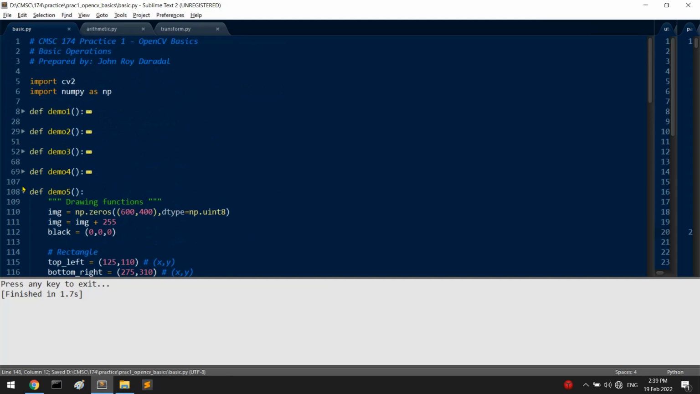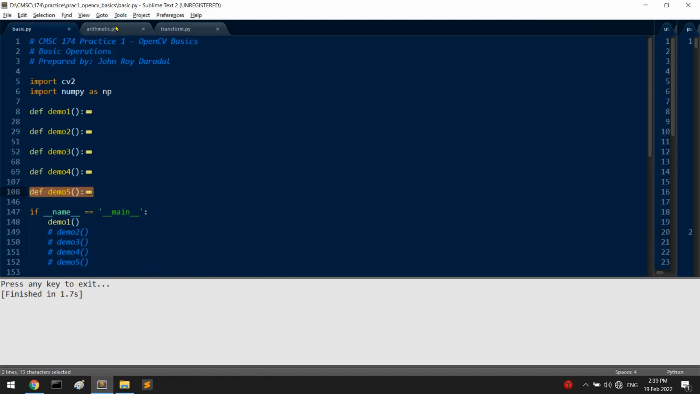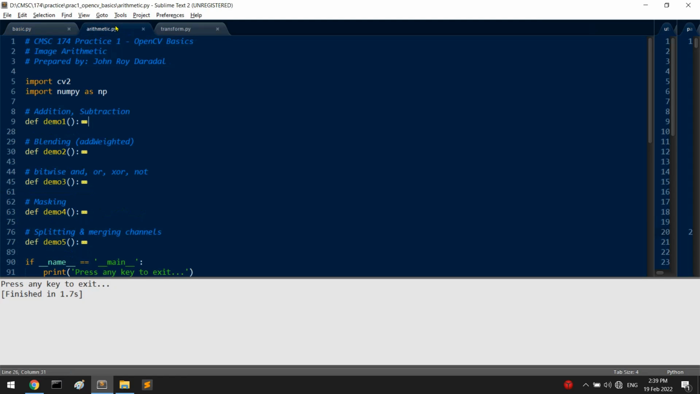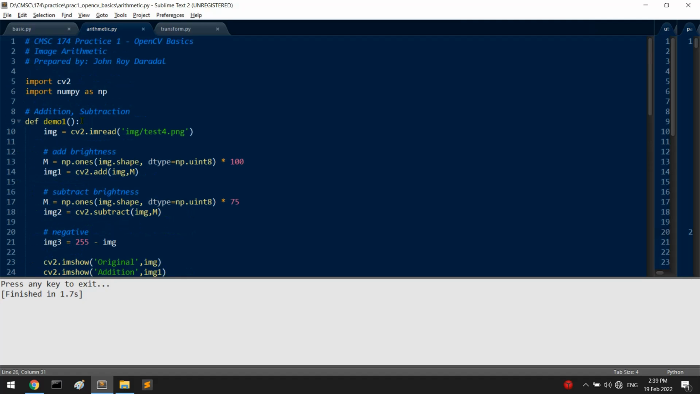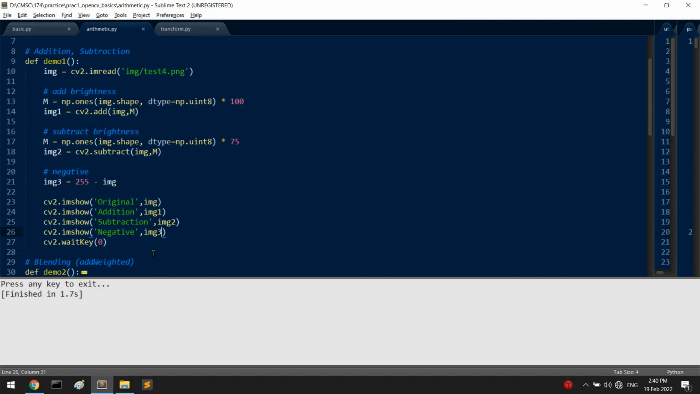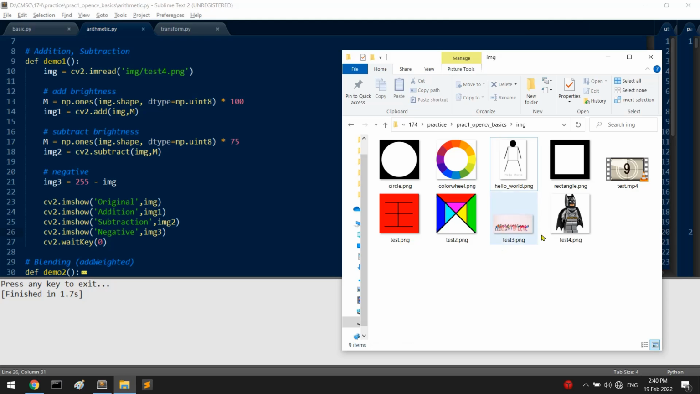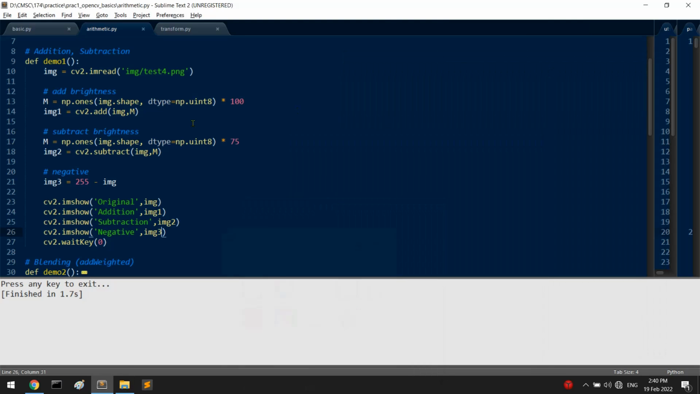Let us now go to the second part of the demo, which is arithmetic. So image arithmetic. So we also have 5 demos. So let's start with the first one, which is addition and subtraction. So I'll just skip over the ones that you already know, like imread, imshow. Okay, so we've already discussed that in the previous file. So I will use test4.png, which is the Batman image, and then I will use